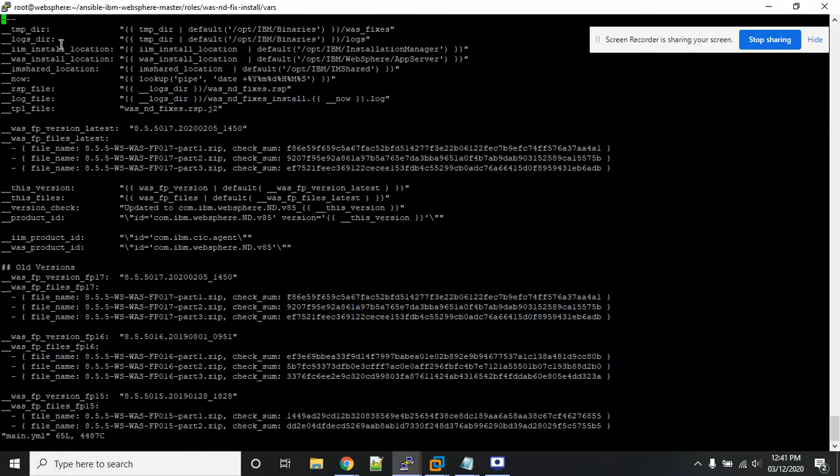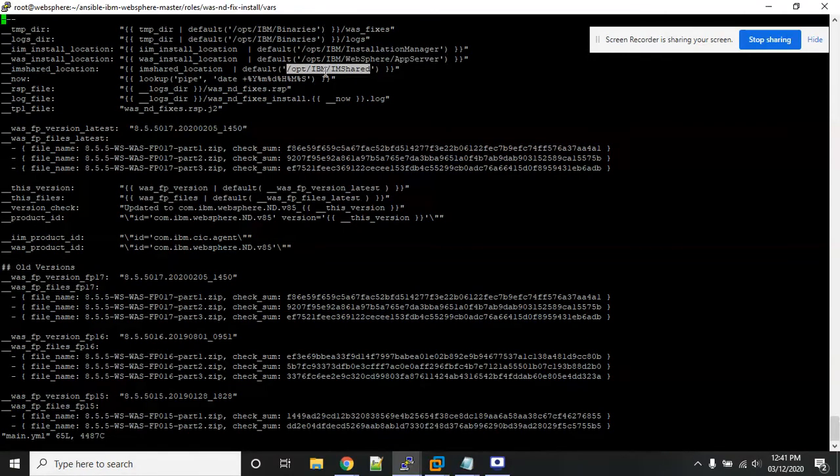Here you can see you have the temporary location where the binaries should extract. I'm not going to use that. I will just leave it as it is. I don't consume any space. Log directory. What is the log directory over here? IBM IM installation. After that WAS. Where is my WAS installed? So I have installed it in the default directory. You can use your customized path and do the customization over here.